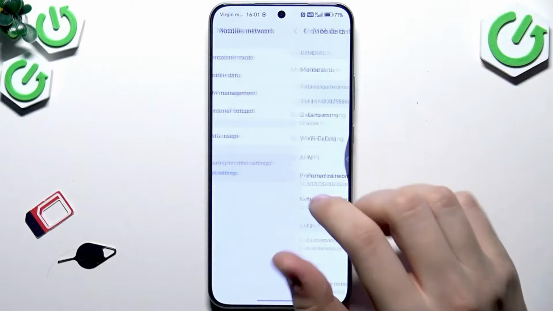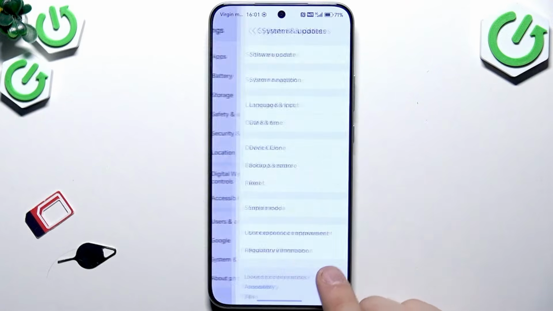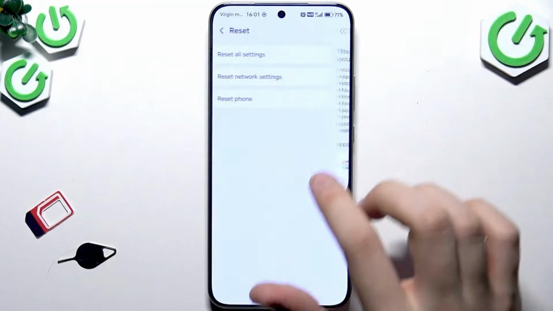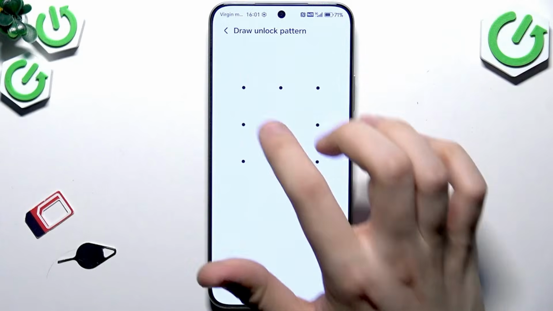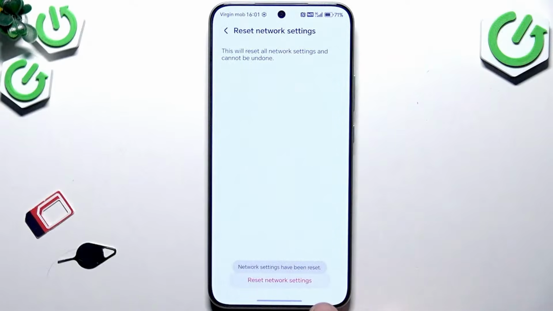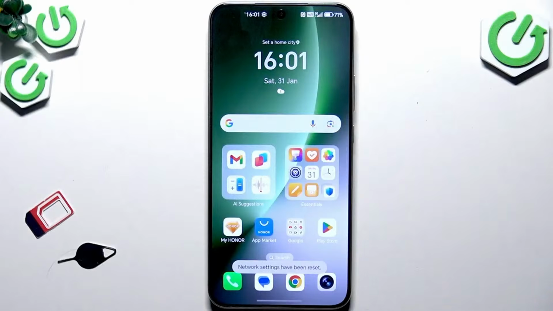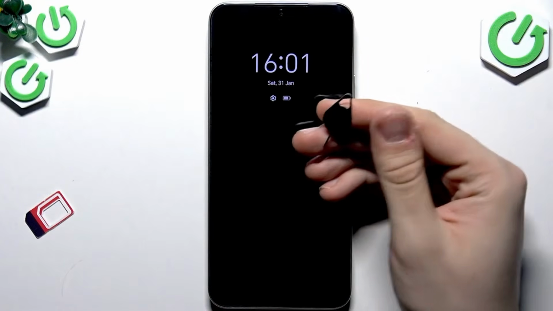If you don't, go back, scroll down to system and updates, tap reset, reset phone, pardon me, not reset phone, reset network settings, and draw your pattern. Reset, and now you should be able to see your SIM card. If you still aren't able to do so, close your phone, take with yourself this SIM card tray opener,